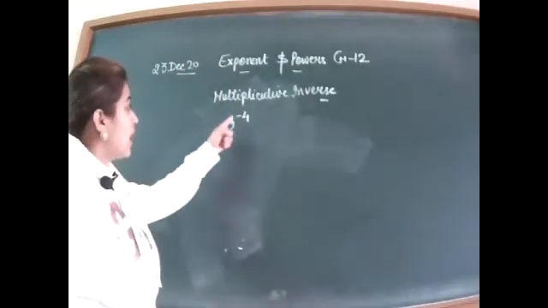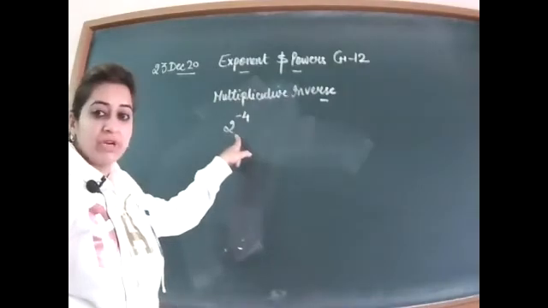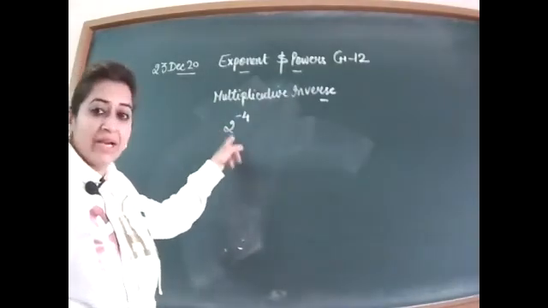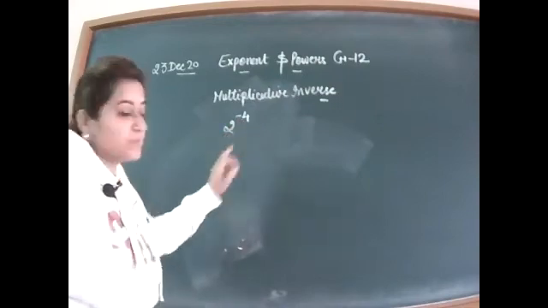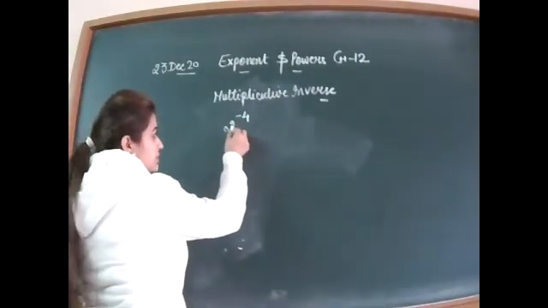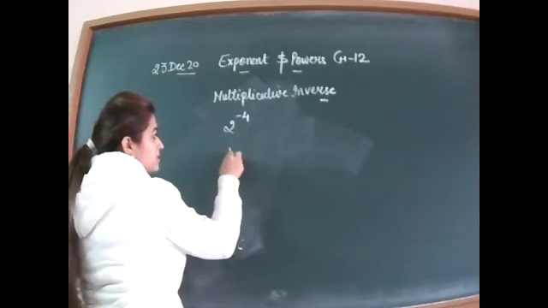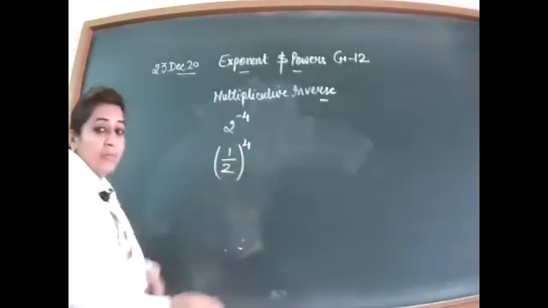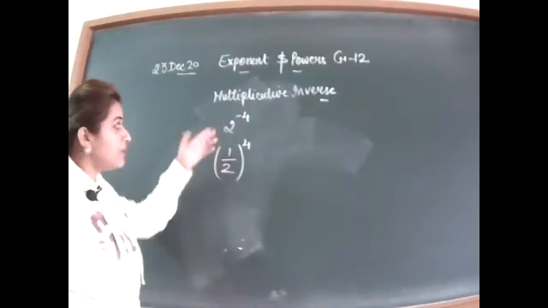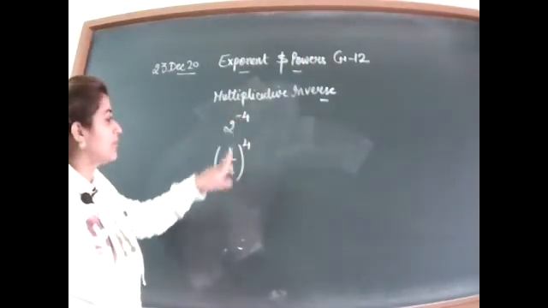So the next is find the multiplicative inverse of this number. So firstly, for finding the multiplicative inverse, you will make the negative power as positive. So for making it positive, you will make the reciprocal of the base. It will become 1 by 2 raised to power 4. So this is your number. This is simply, we have written the number negative power into positive.